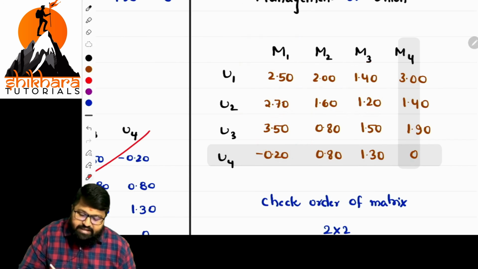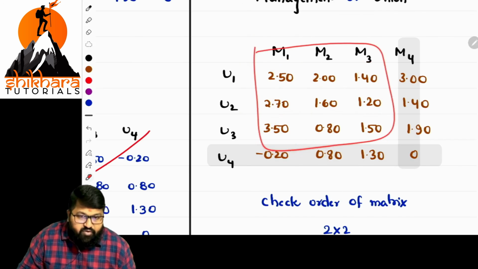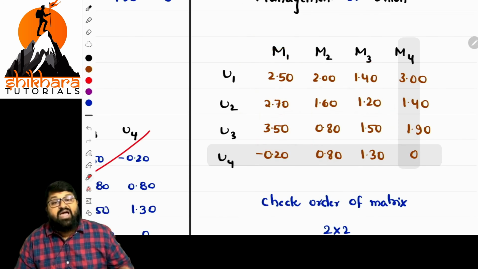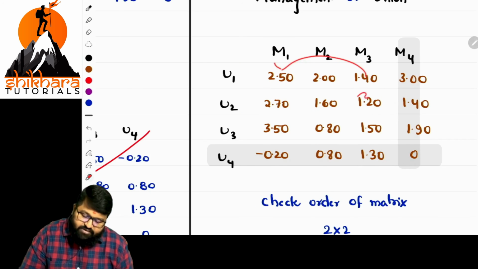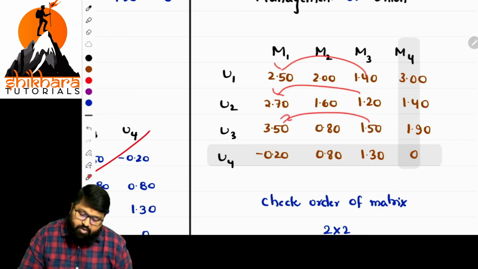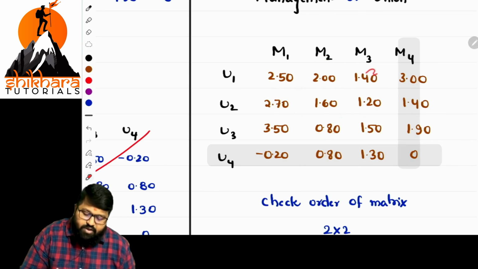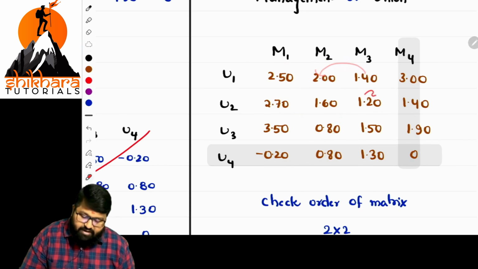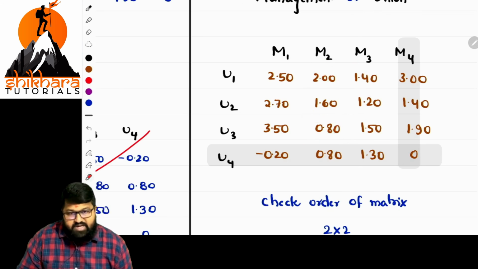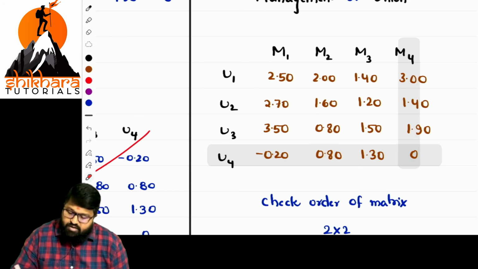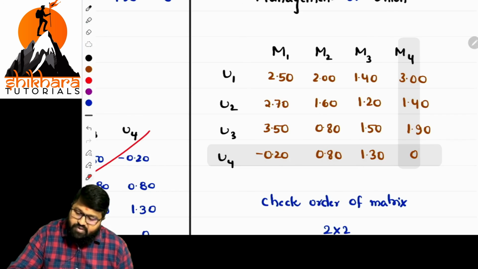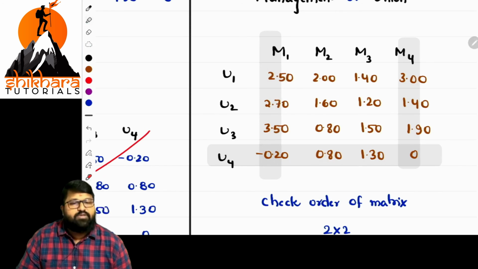Or simply, in the case of columns, whatever is left over there, identify a column with the highest values. Then eliminate that one. Sir, 1.4 highest. 1.2 highest. 1.5, that is 3.5 highest. Sir, why not this? Compare once. 1.4, okay, fine. 1.2, fine. 1.5, it's going wrong there. We should identify at least if they are equal, fine. That's the basic part. Now, in this case, I am eliminating this column.